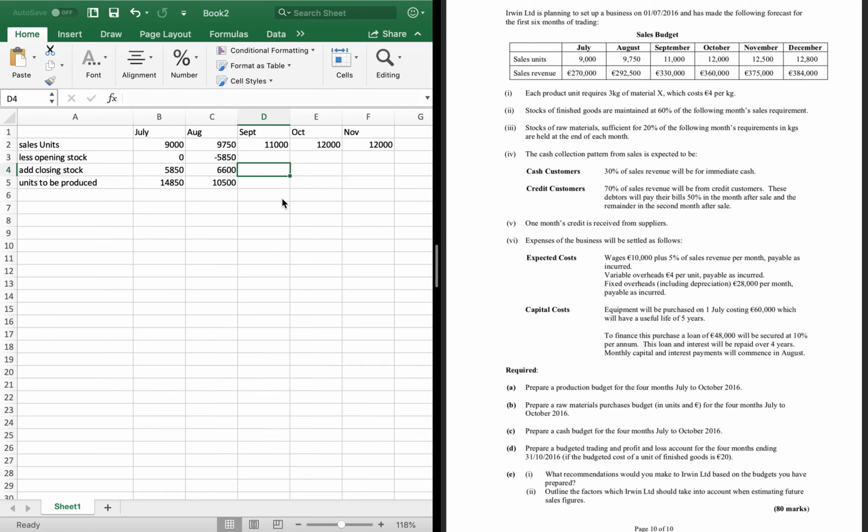Now next up then, the closing stock for August becomes your opening stock for September. And then your closing stock is 60% of October's sales, so 60% of 12,000. So again, sales minus opening stock plus closing stock is 11,600. That's 7,200 closing stock becomes your opening stock, and then for October it's 60% of the 12,000,